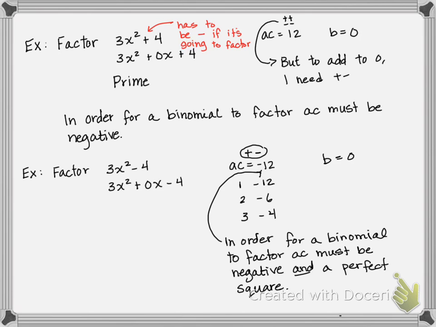And if AC is a perfect square, it turns out that both A and C also have to be perfect squares. There's no way to multiply two numbers together to get a perfect square without them both being perfect squares, unless they have a common factor, which we would have taken out when we took out the GCF if that was the case. So what this really means is that to factor a binomial